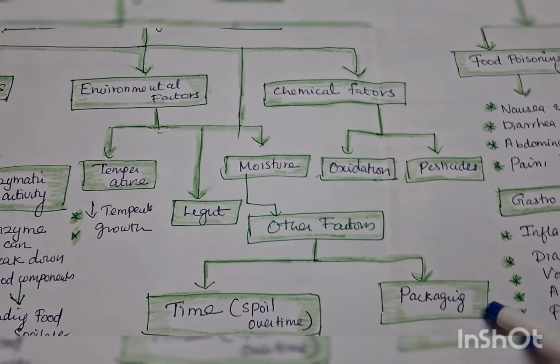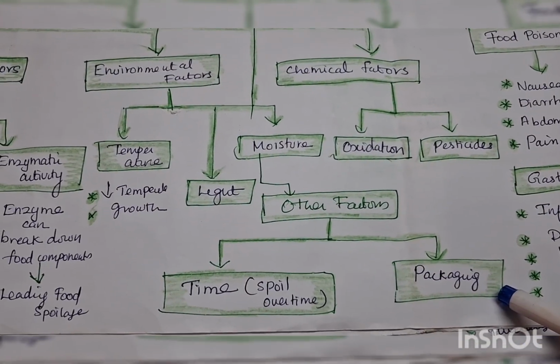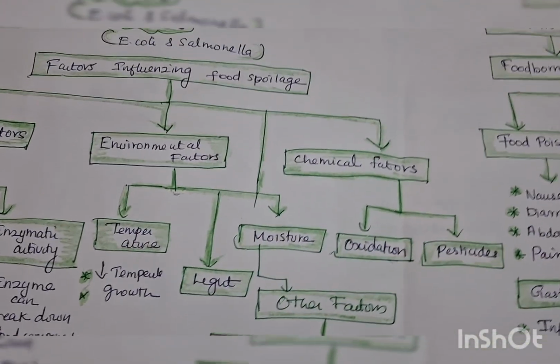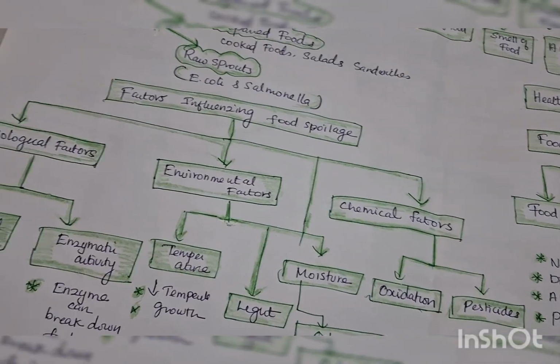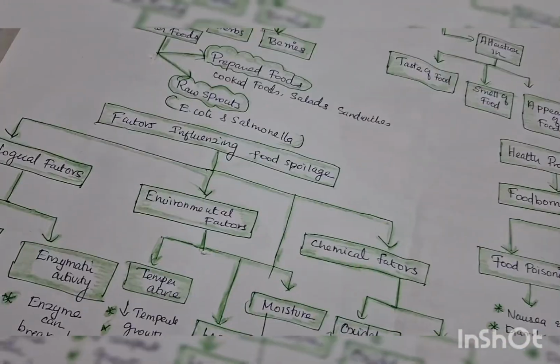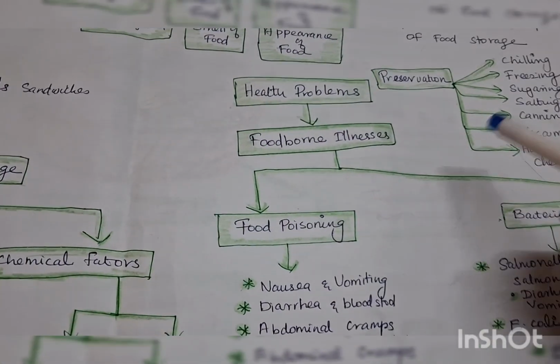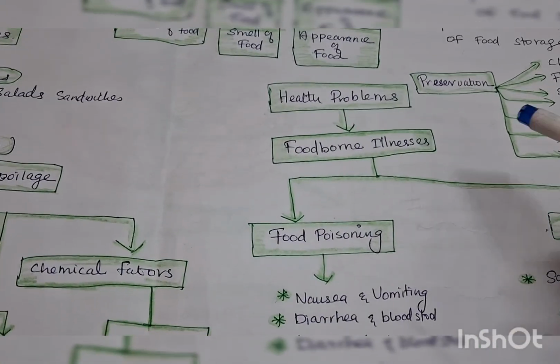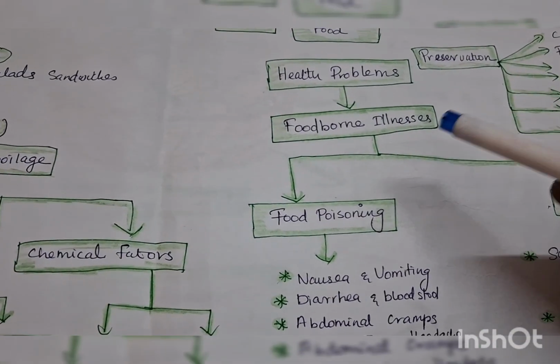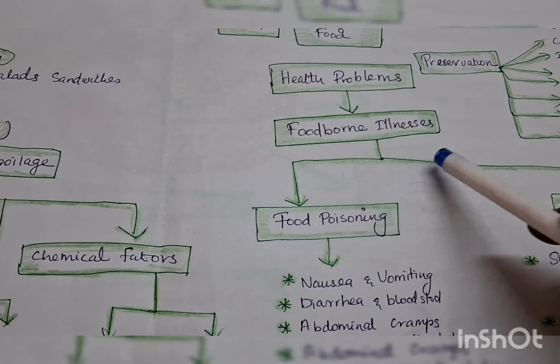And then packaging, that is where we talk about tinned and canned foods, right? Are you understanding? So that is this one. Now, what health problems will occur due to food poison? Of course, it is the end result of the food, it will affect our health. The first thing that will come is foodborne infections.